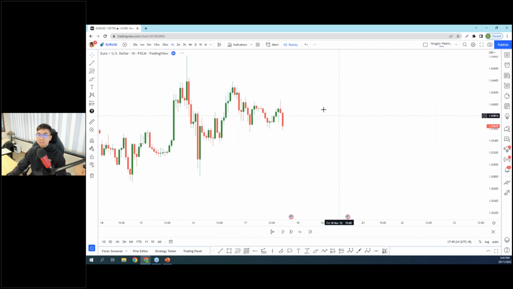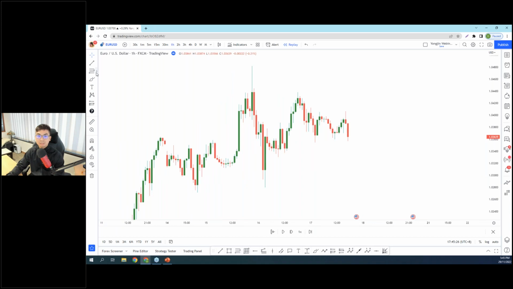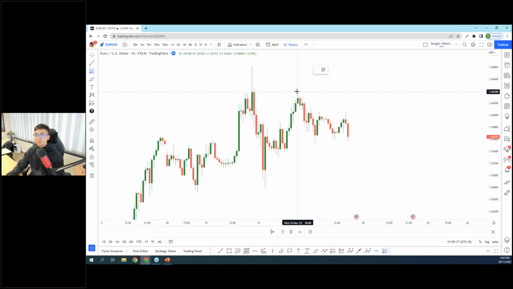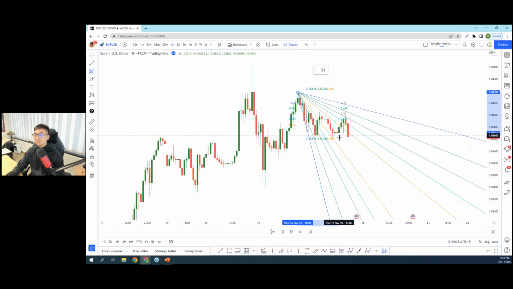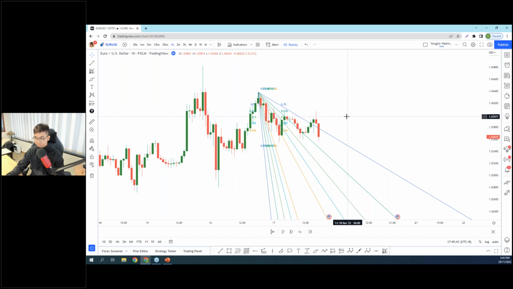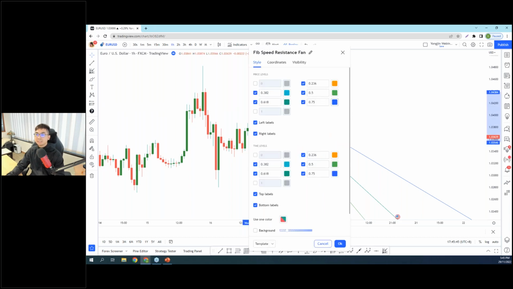So just now earlier on, I was showing you guys, the settings is right here, the Fib speed resistance fan is from 1, 2, 3. You go down, speed resistance fan. So if I draw it from the top, not yet. So this was the previous low first. It was the previous low. And I'll show you guys my settings first. You guys can copy it